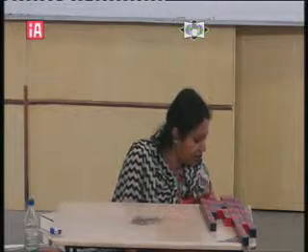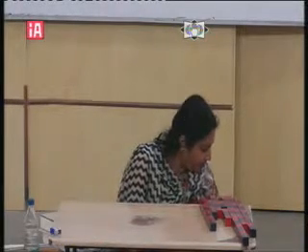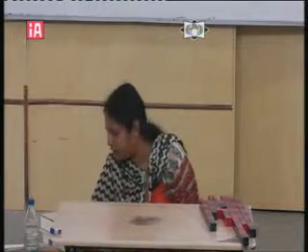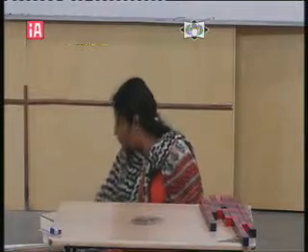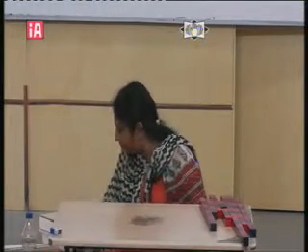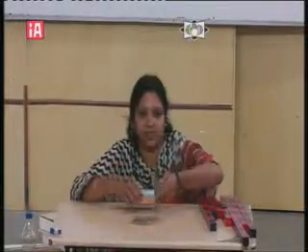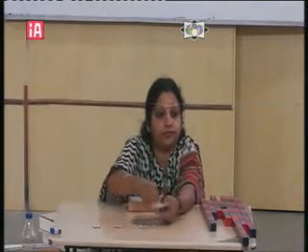Then you can do another activity. Here I have number cards. Here I have some beads. I'll distribute the cards to the children. Or else you can make some chits, fold them and keep them. Or number cards, if it's small number cards you can use. Or else some chit, in that you write the number and fold. Small children will play the game, they'll write. Like that you do and give one chit to everyone.